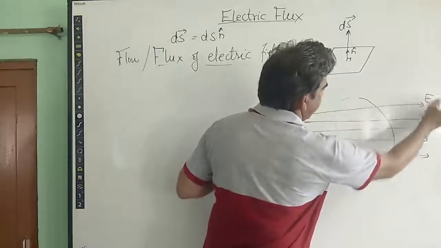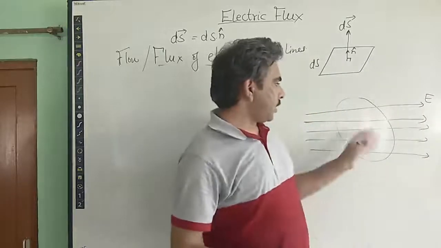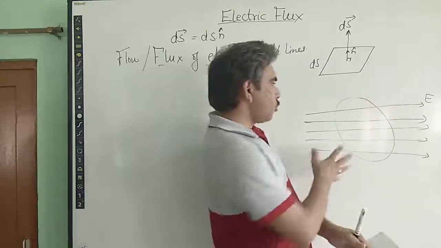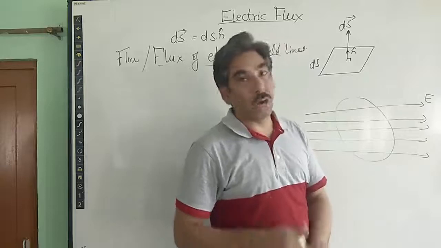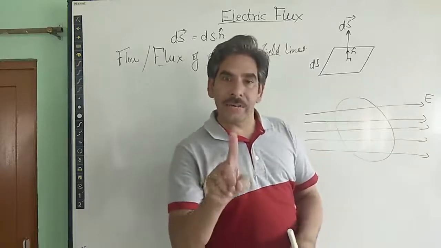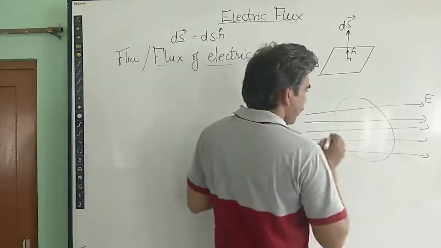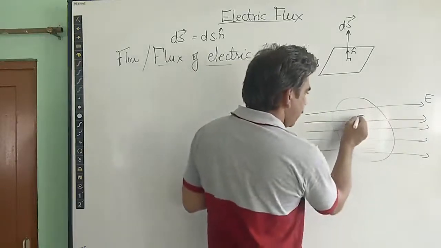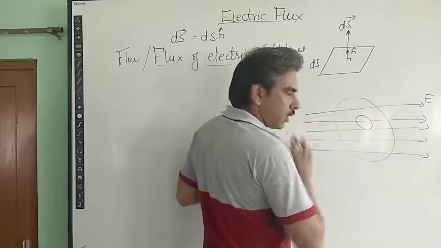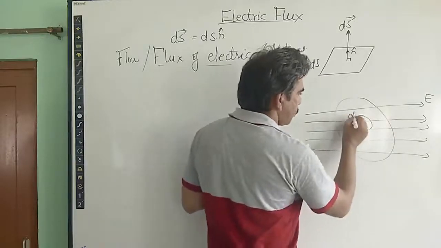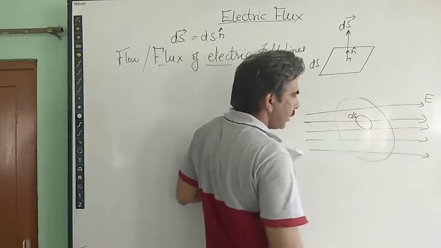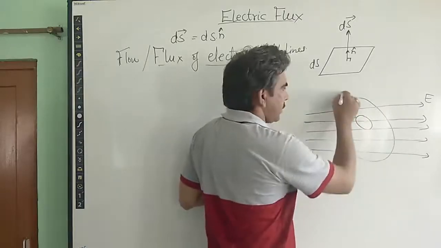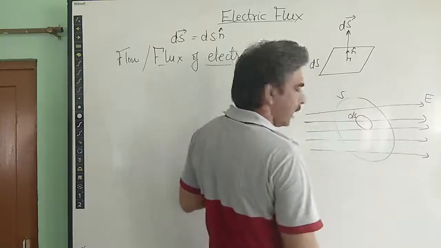So this is the electric field, and this area is not along the direction of electric field. How do we understand that? By defining its area vector. So in order to make the calculation easy and to define the electric flux more easily, we take a small area portion of this total surface. So let the area of this small portion be ds, right? This ds is in the plane of this whole surface S, having surface area S.